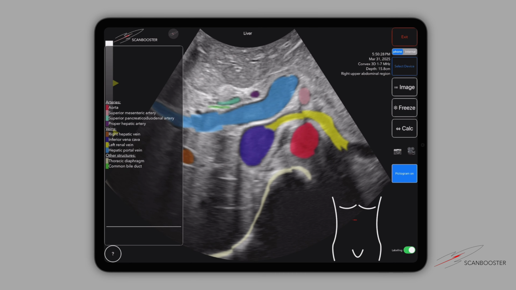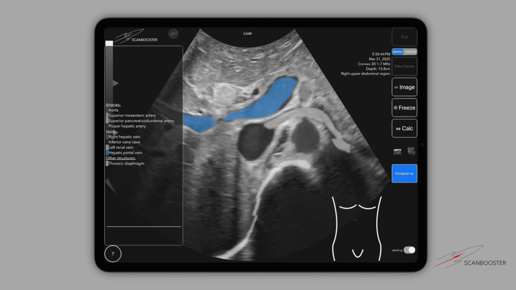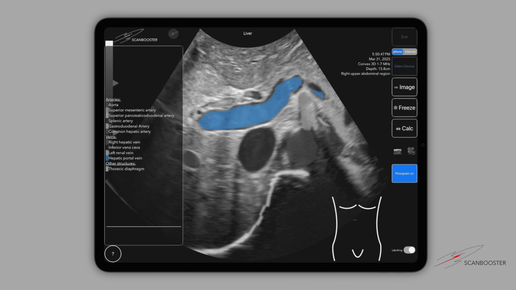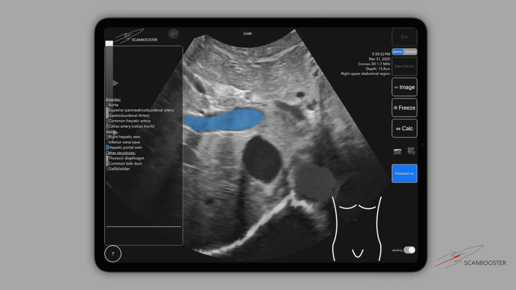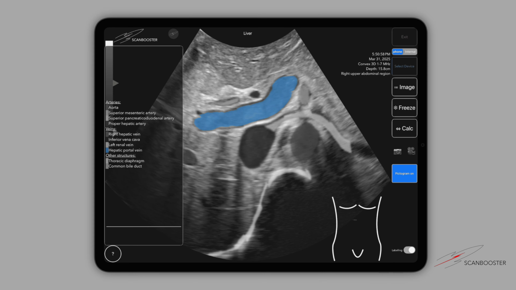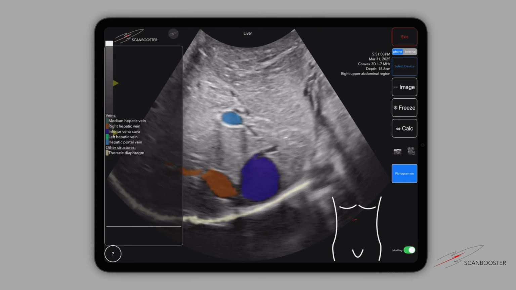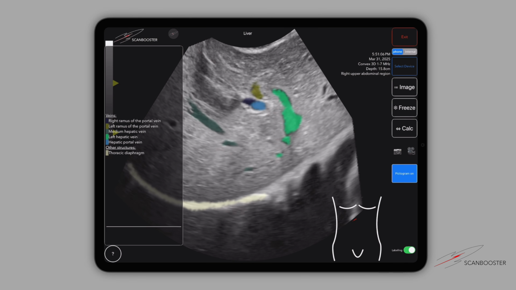The second major blood supply to the liver comes from the vasa publica, mainly through the portal vein. The portal vein carries nutrient-rich but oxygen-poor blood from the unpaired abdominal organs to the liver. It is prominently displayed in the center of the image in light blue. By rotating the ultrasound probe, you can visualize the bifurcation of the portal vein, which is said to resemble a jumping deer. After entering the porta hepatis, the portal vein divides into two main branches, which supply the right and the left liver lobes. These branches further divide into smaller vessels called interlobular veins, which run along the liver lobules.